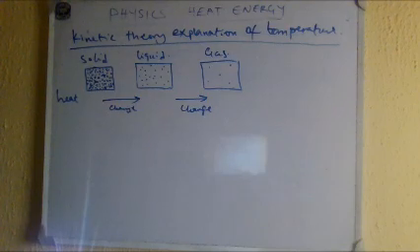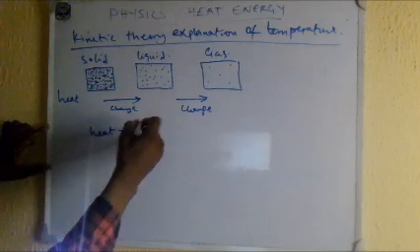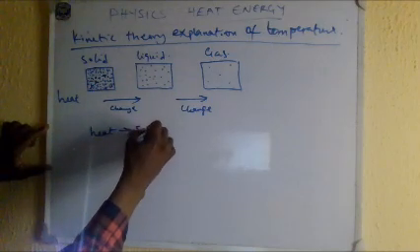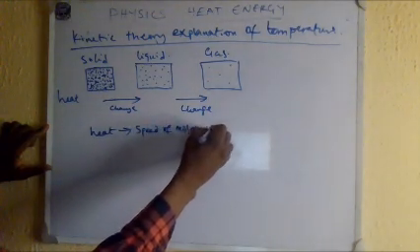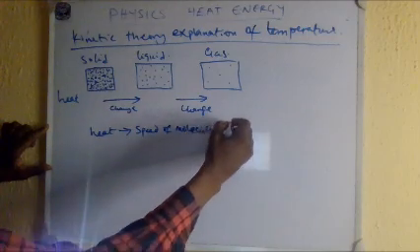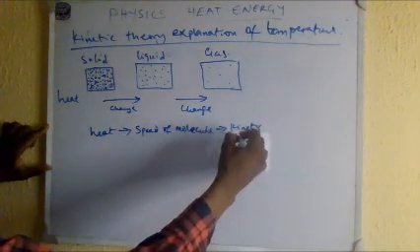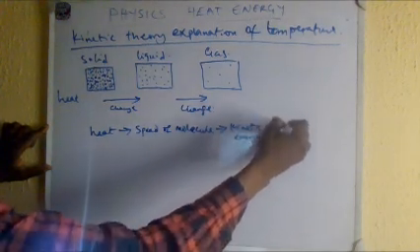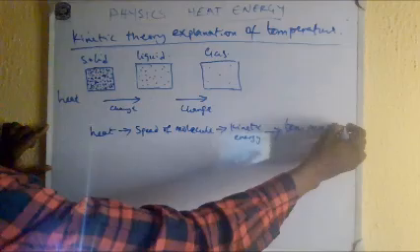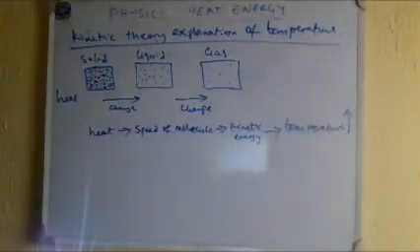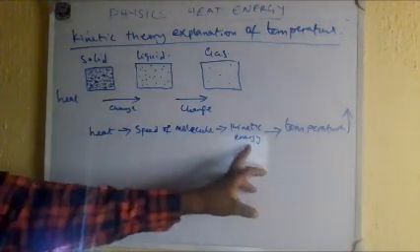So it goes from heat affecting the speed of molecules, the speed of molecules affects the kinetic energy, and the kinetic energy increases the temperature. Temperature will increase. So once heat is applied, the speed of the molecule increases, kinetic energy will also increase, because